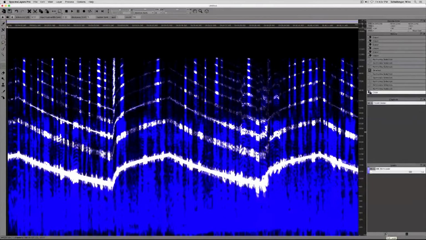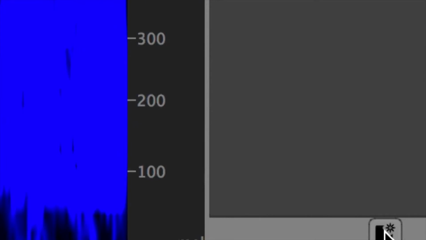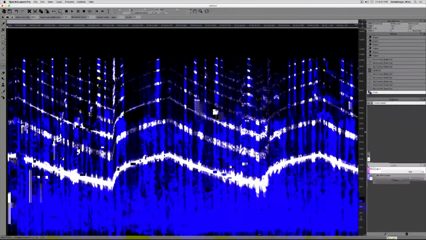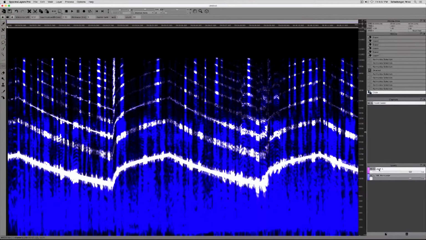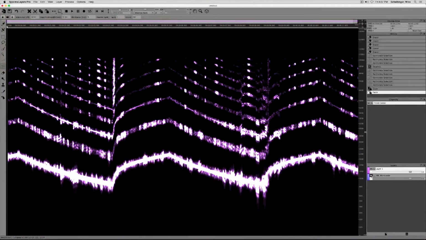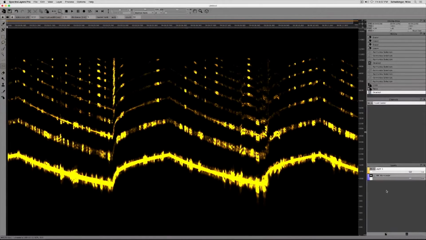Down here at the bottom of the user interface, I have a new layer button, which I will click. The new layer comes up here as the active layer. Command V pastes it in. It comes in color-coded on its own layer. Let's change that back to our old familiar yellow, which I really like. And now we have the siren trapped on its own layer, and we can get to work on it and